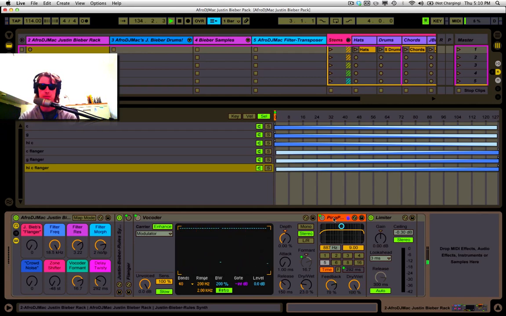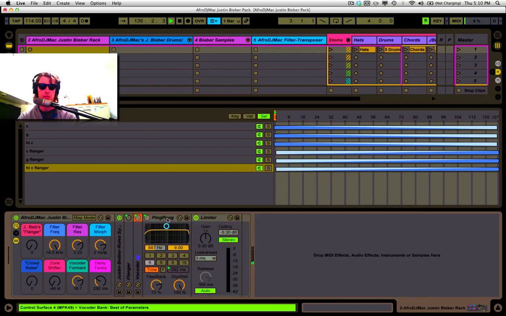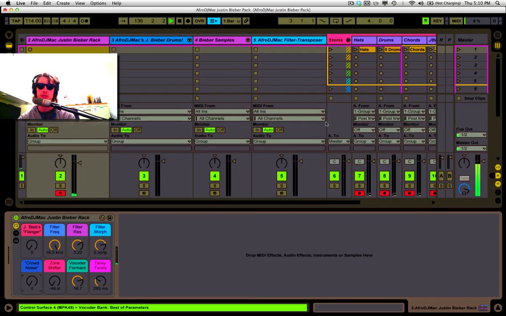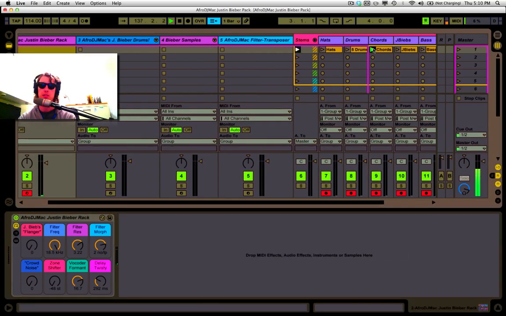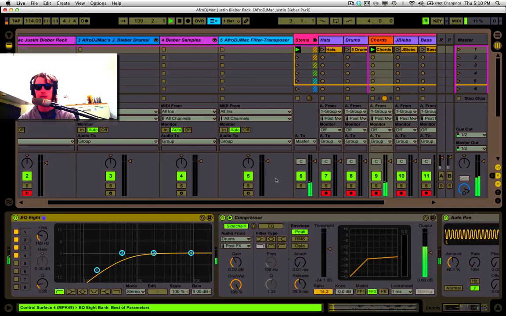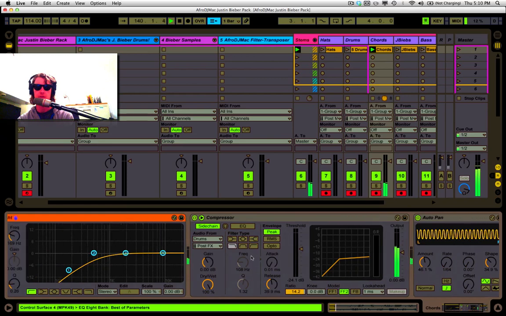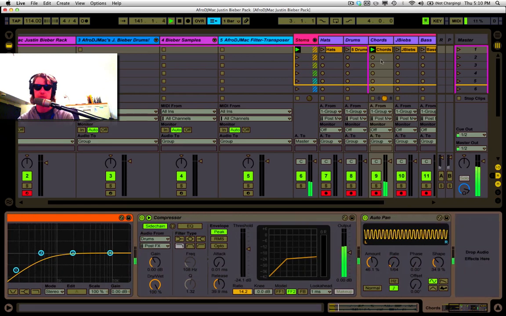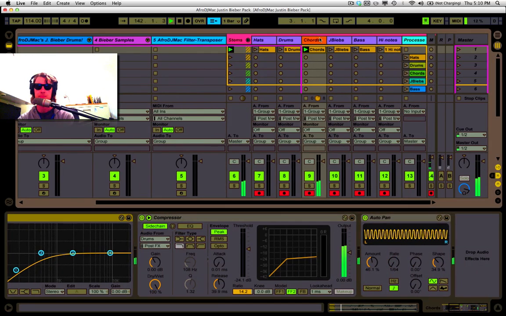Let's see what else we got here to show you. So that's the synth. And with that synth, I was able to make these chord sounds. And I left some effects on here so you can see what I did to these stems of that little track I played in the beginning. So that's at the chord. I made these high note melody here,